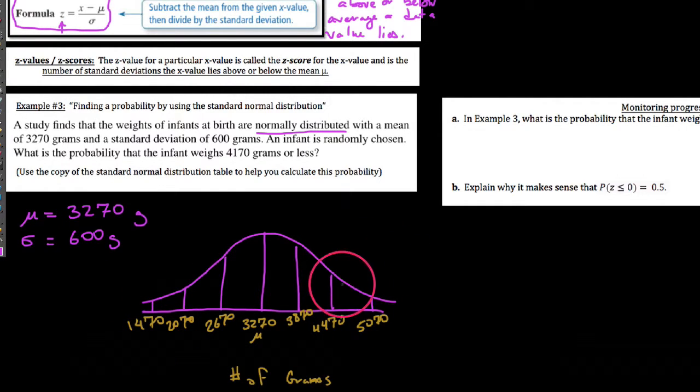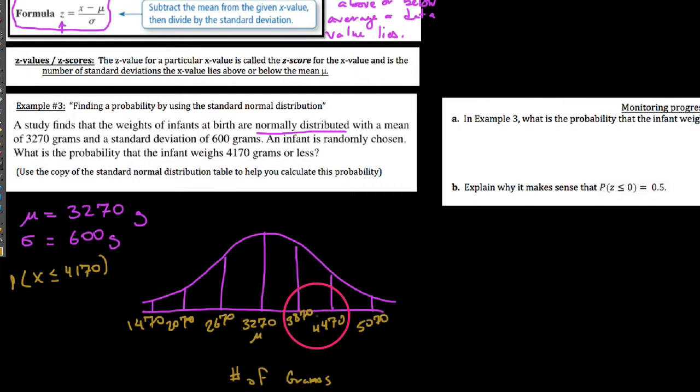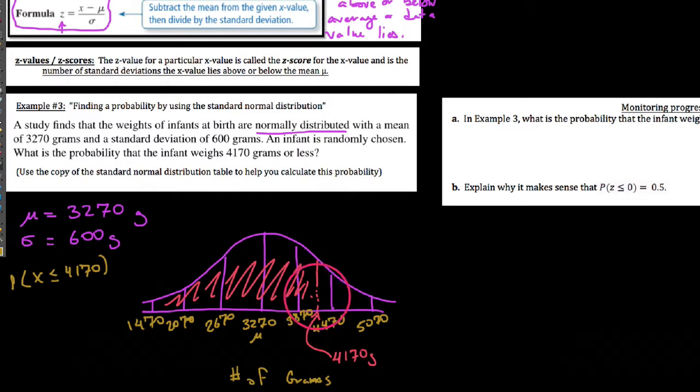So with all of these listed out here, the question we're trying to find is what is the likelihood that our x value is less than or equal to 4,170 grams here. And so we could see that 4,170, the interesting thing is, is that 4,170 grams is going to be somewhere down here. And so when we say how likely it is that we have a child that has a birth weight of this or less, then what we're really doing is we're describing the percentage of the population that lies over here